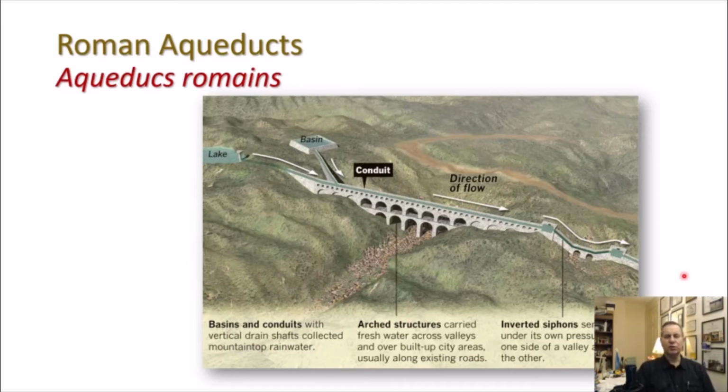So let's take a closer look at Roman aqueducts. This is a schematic. This is not a real one, but you'll see there's either a lake or a basin where they would collect water. And what the Romans did is they built this big structure. So this is the aqueduct. It's like a bridge-like structure, and then at the top is what they call the conduit, and that's where